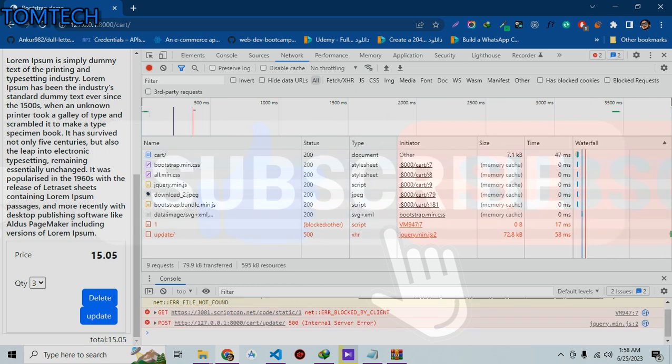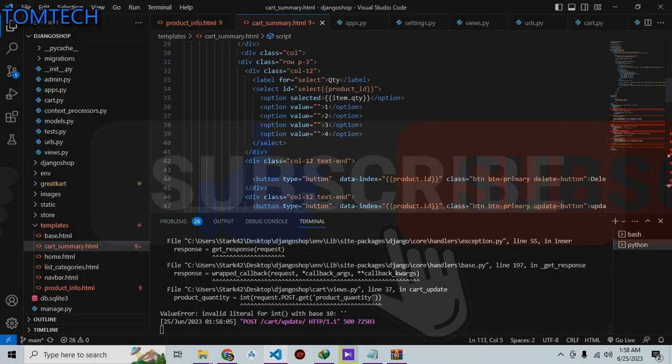So I think we have made the mistake in here, so I should remove this and give the dot in here. If I save this now,